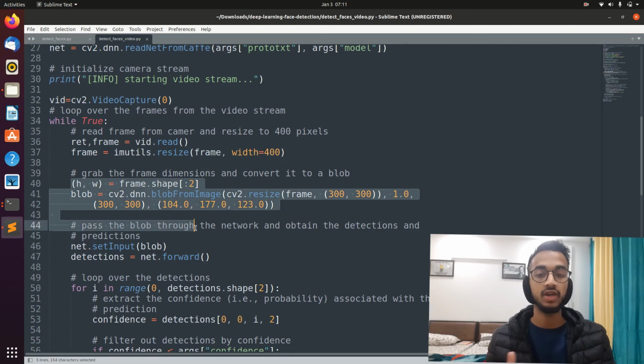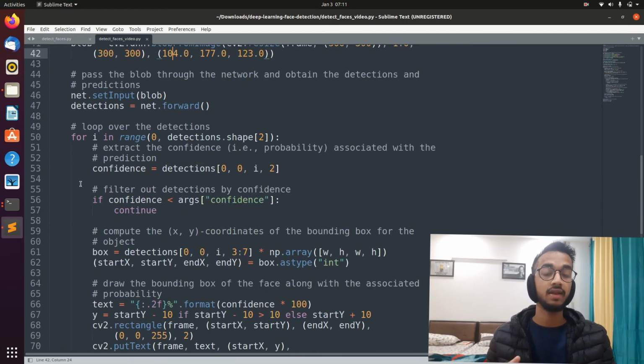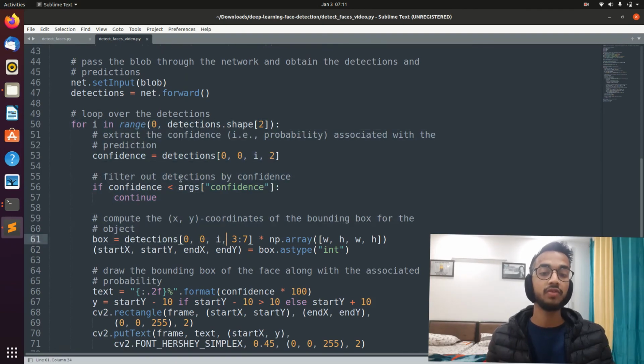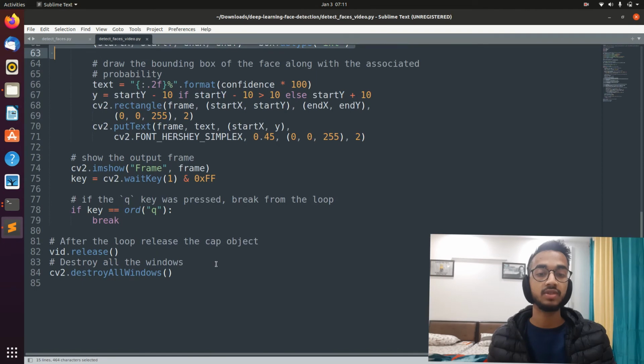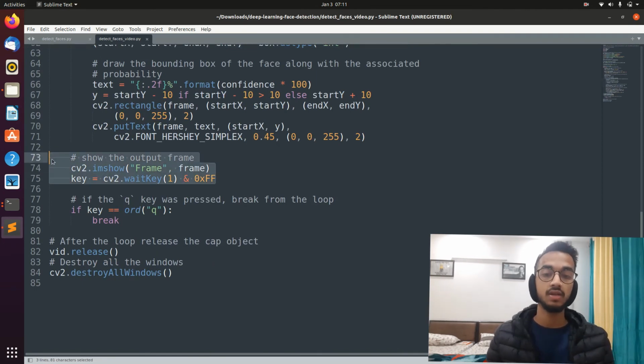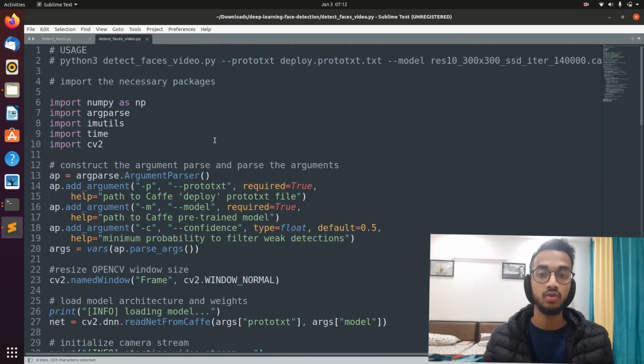And the rest of the process remains the same. We get the height and width, pre-process the image, make model predictions, and then basically loop over all the detections and draw boxes. Finally, we display the frames as soon as we make the prediction, and once we exit the loop, we release the camera object and destroy all the windows using cv2.destroyAllWindows, right? So this releases the camera object from the memory. So that's the only difference, and I've given the usage line over here as well.